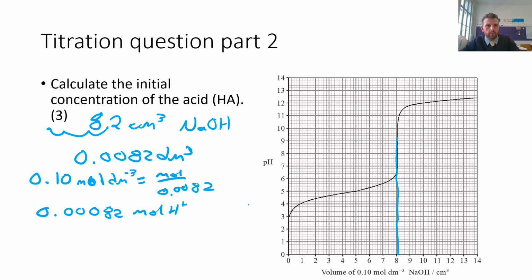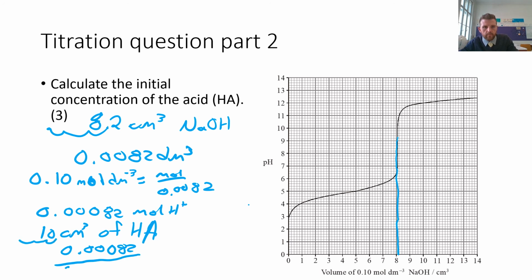One second. Okay, so I went back to the question and it said there was 10 centimeters cubed of HA, which then means we've got 0.00082 over 0.010 decimeters cubed,